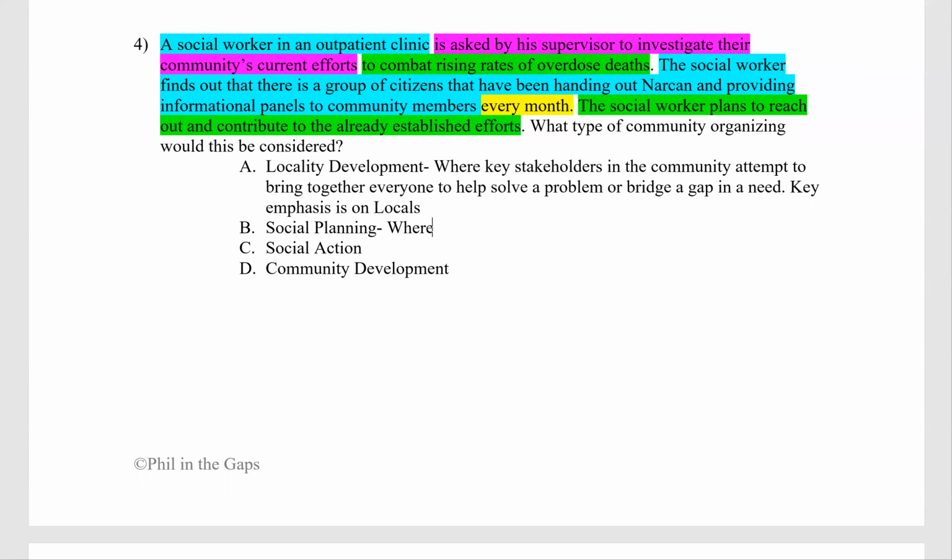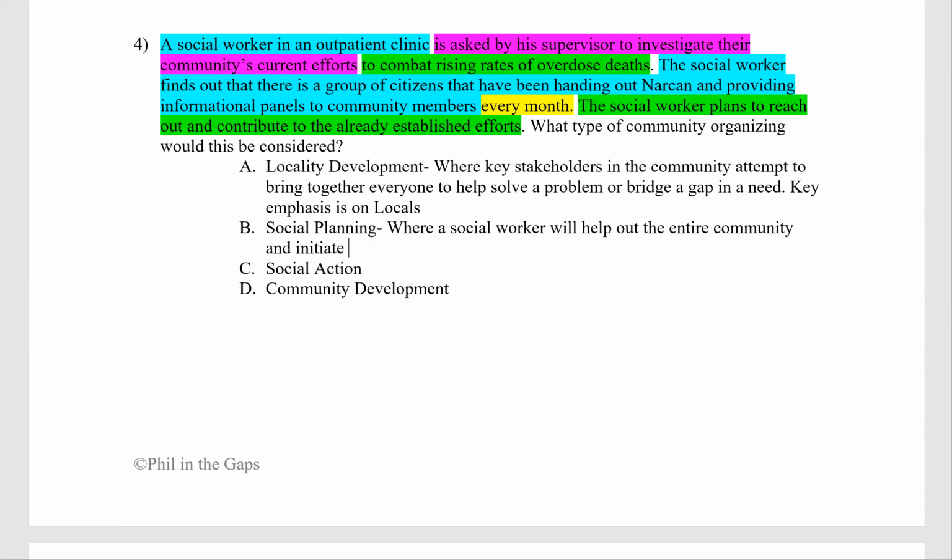B, social planning is where a social worker will help out the entire community and initiate resource and or service delivery. And the key emphasis here is going to be on planning. Why? Because this is where the social worker is going to plan everything out and someone else is going to deliver it. Social action is where the social worker will assume there is a disadvantaged